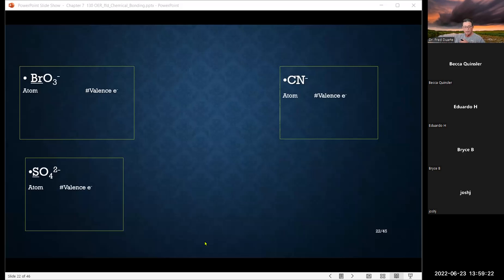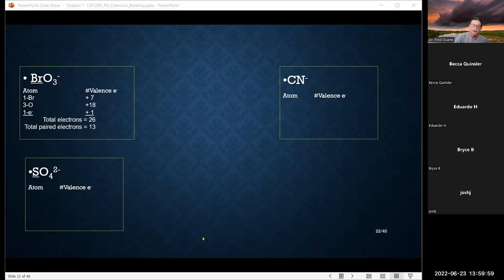Let's do these. We got BrO3 with a negative charge. The bromine is group 7, so it brings in 7 valence electrons. There are 3 oxygens, each of them bringing in 6. It's got a negative charge, so what we do, we add 1. When it's positive, we subtract. But we add 1 and we tally that up, and we have a total of 26 valence electrons,